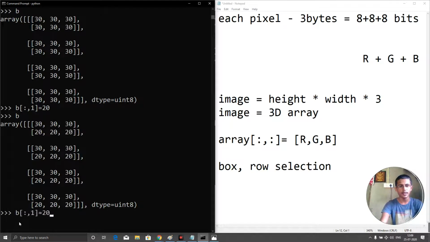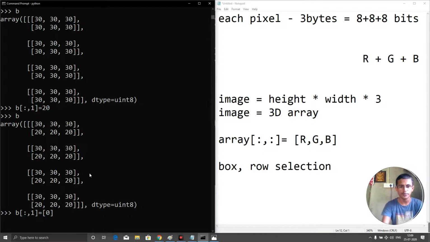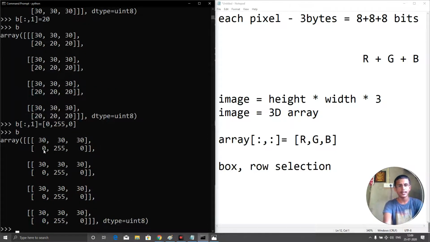Otherwise I can even give like this, instead of this. Now as we selected this row, it has 3 elements in it, so I can give the 3 elements in a list. So for example, here it is 0 255 0. So I can just give 0 as the R value, red is 0 and green is 255 and blue is 0. Now if I click enter and check the b, here you can see 0 255 0, 0 255 0 and 0 255 0, 0 255 0, like this. Okay,